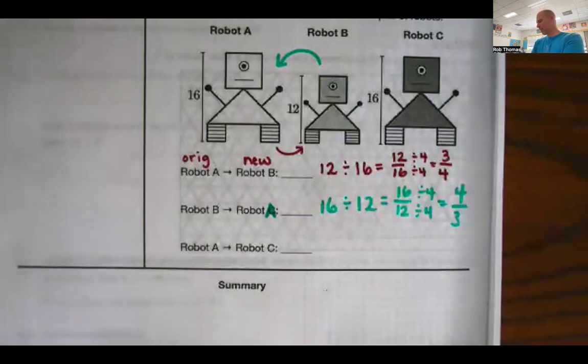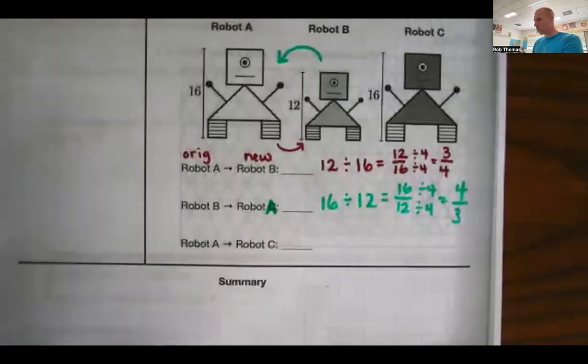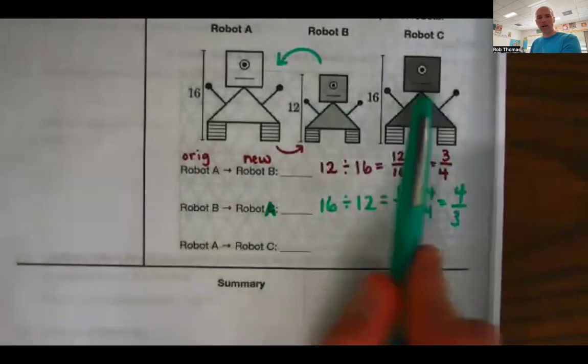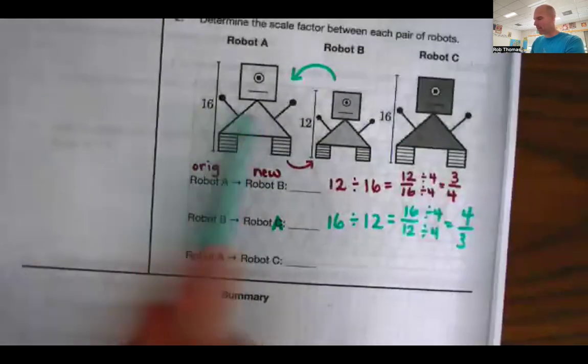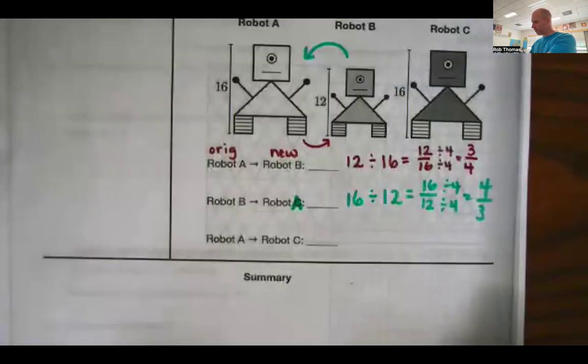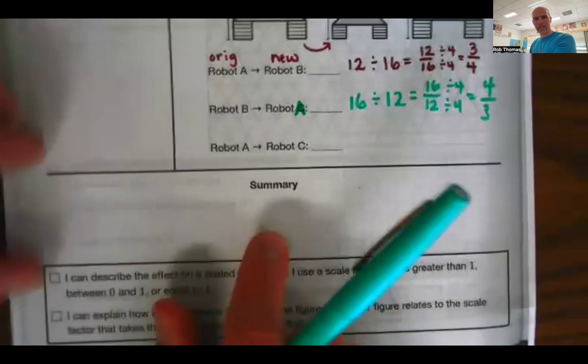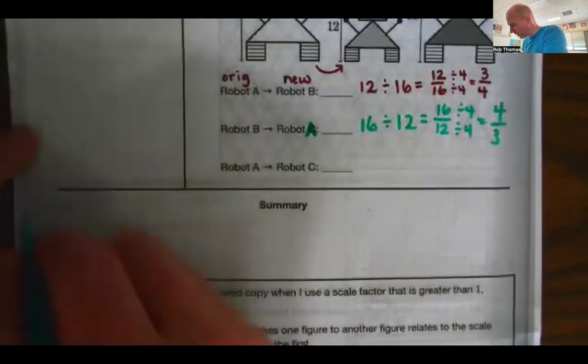And then the last one says robot A to robot C. I hope you can see that robot A and robot C are the same size. And so that scale factor to go from here to here is 1, and we're not even going to bother writing that. Instead, we're going to write in the summary area here, essentially the two tricks or facts I need you to know from this note page. 1,